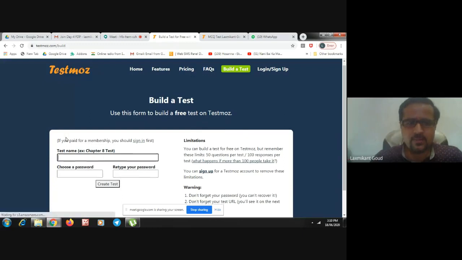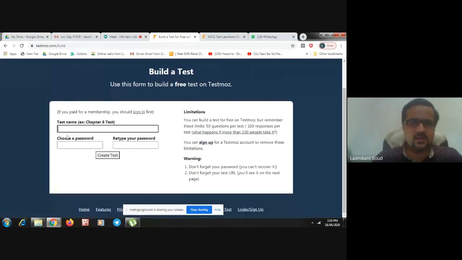Once you click on build a test, you can see you have to enter the name of the test. Then you have to choose a password. Please note that this is the administrator password, and this password you are going to use whenever you log in onto the TestMoz website.